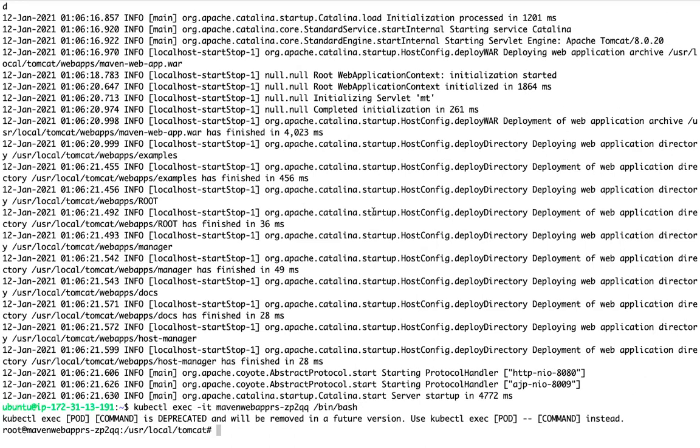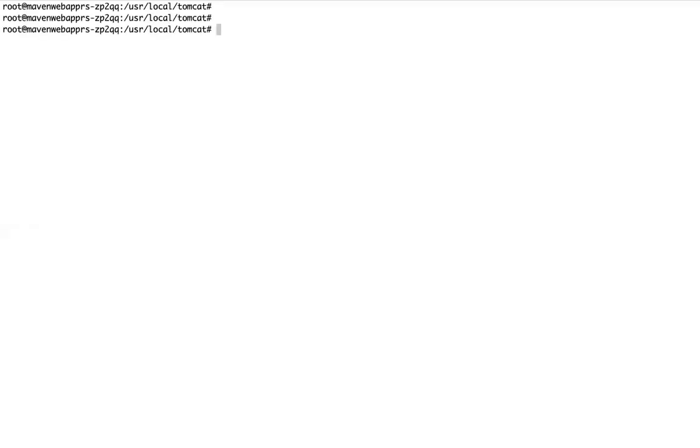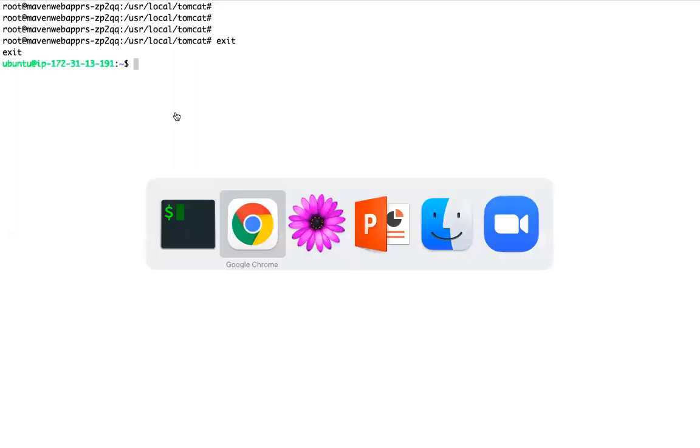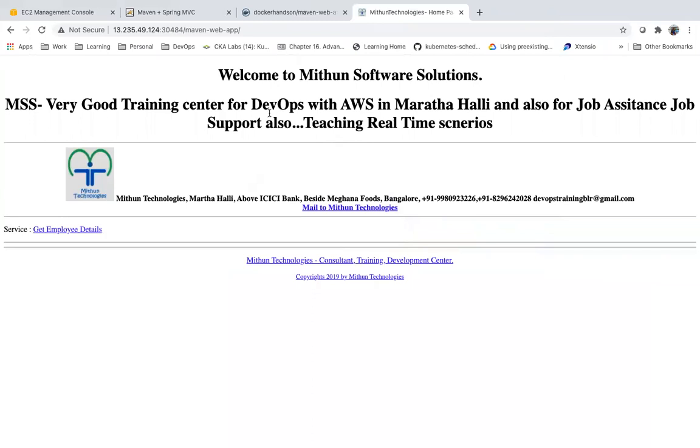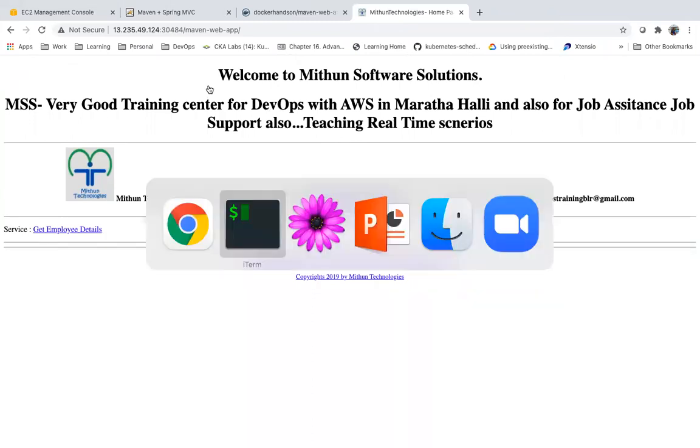So I'm inside my pod container here. If you want to come out, let me execute exit. You can come out. Okay. So this is how you can check your logs, all those things, if you have any issues.